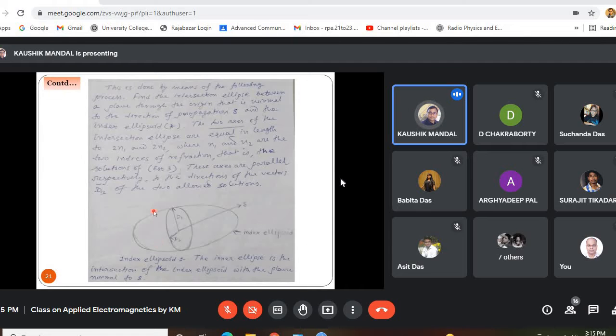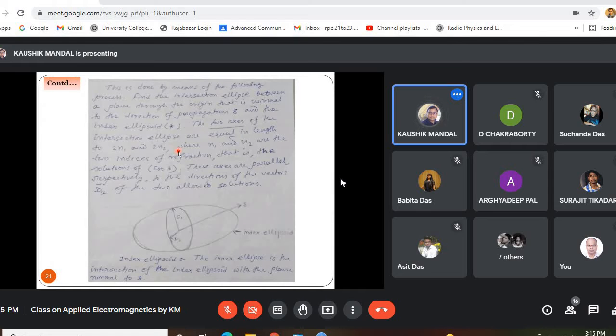So first, you consider this to be the corresponding ellipsoid that has been drawn, considering the uniform energy density, and that is basically the plot of the two indices of refraction as a function of polarization angle. Now to find out the two refractive indices and the two directions associated with the D, what you have to do is draw an ellipse. This particular ellipse is known as the intersection ellipse. You have to draw an intersection ellipse.